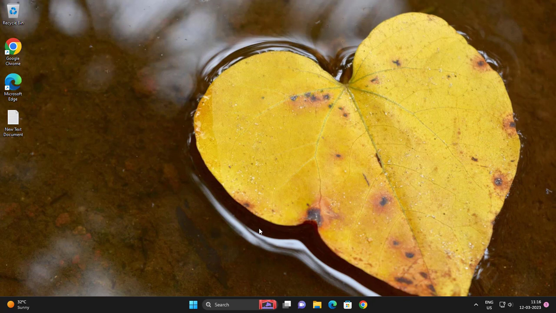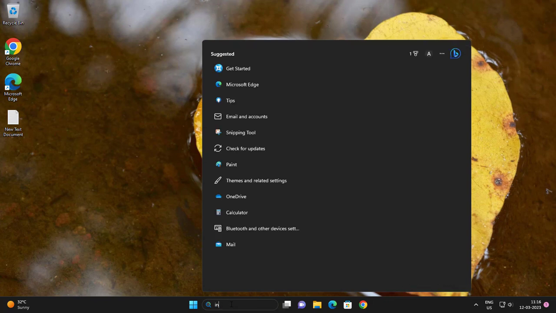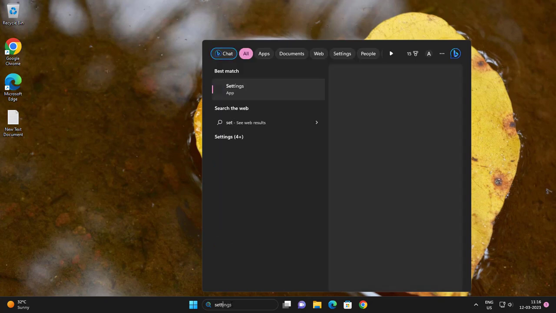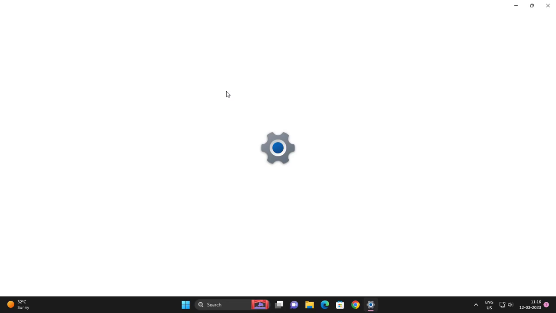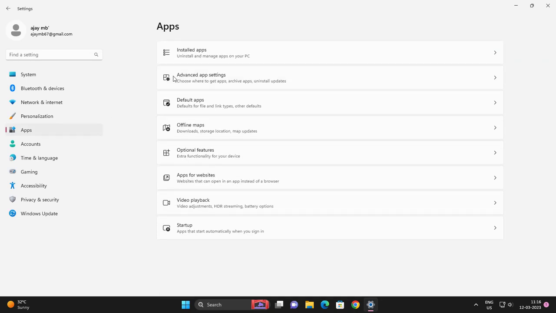Now what we are going to do is fix Microsoft Edge showing a white screen. That's the problem everyone is getting now. Go to the search menu, type in settings, go to apps, go to installed apps,